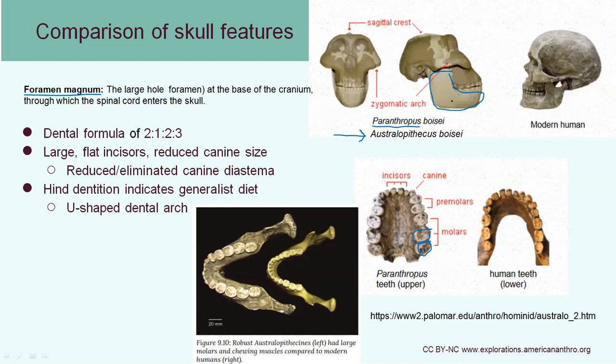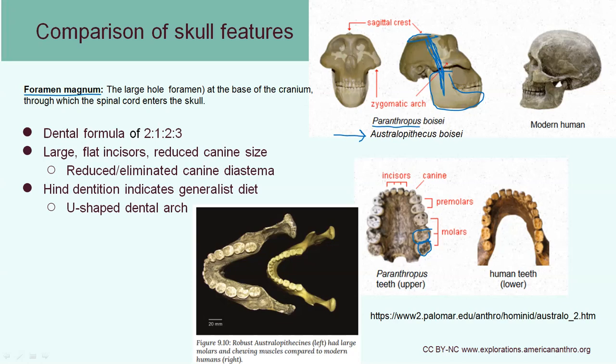Maybe you remember the image of the gorilla I showed you in a previous lesson, and that the gorilla also had this sagittal crest at the top of its skull. That's because it's a location for muscle attachment, and the muscle that goes all the way down to the jaw is able to help close the jaw very strongly when you are